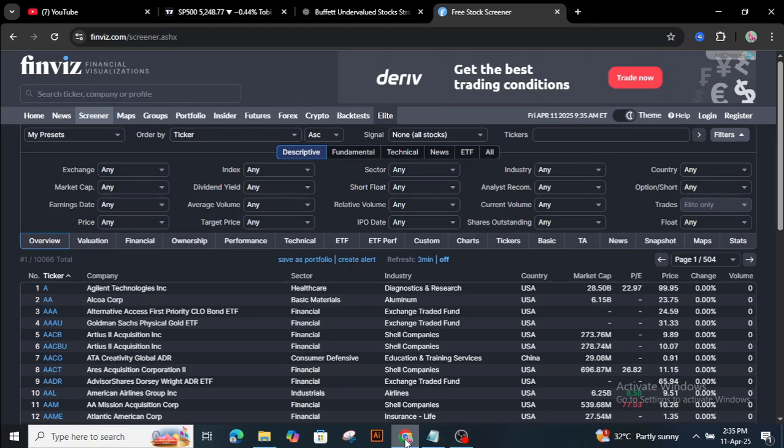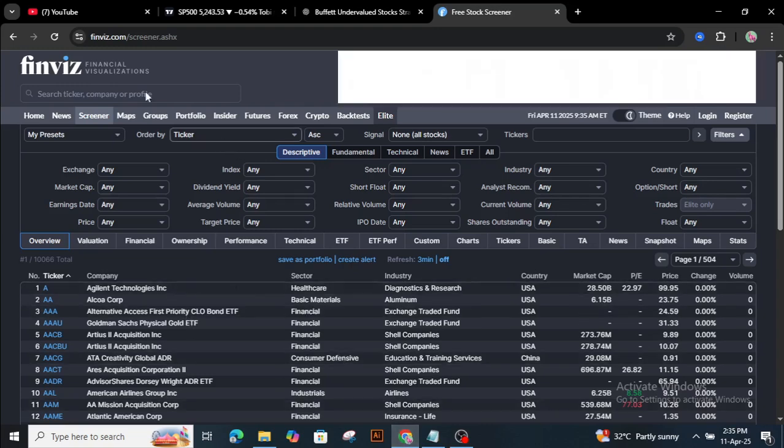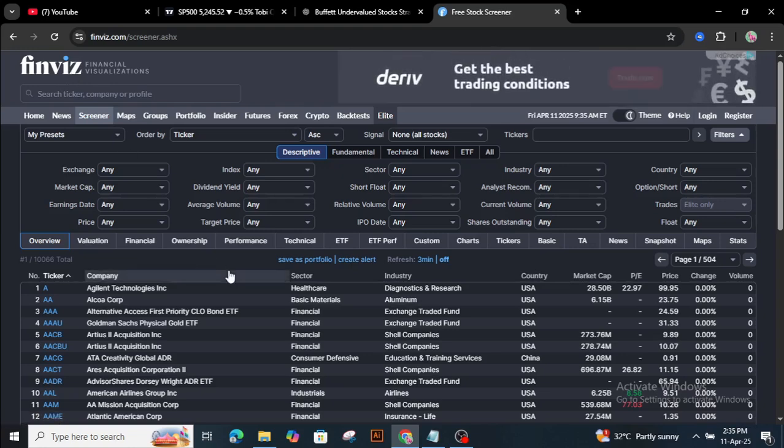We are on my computer screen now, so let's look at these things. The tool I use is called Finviz. The way I use Finviz depends on what I'm doing: am I looking for stocks that I will swing trade, or stocks that I want to invest in? In this case, I'm looking for stocks that I can invest in. So you need to come to Finviz.